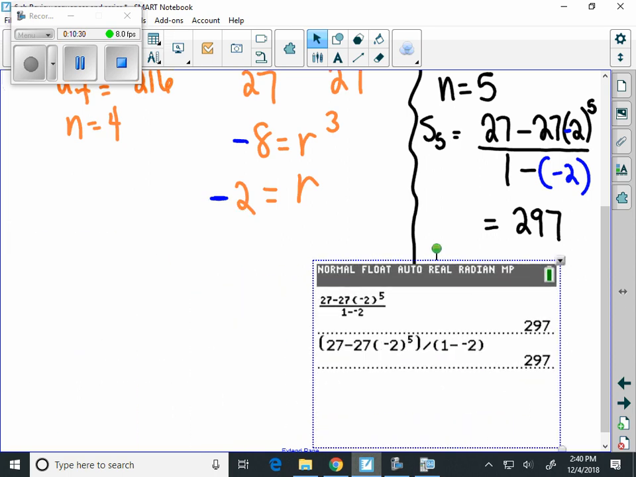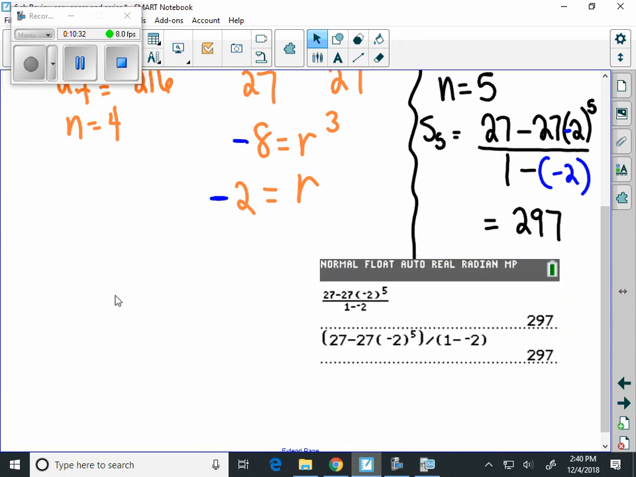But you have to be really careful when you're typing it in, and as you can see, you need to be careful about signs, which I wasn't careful enough